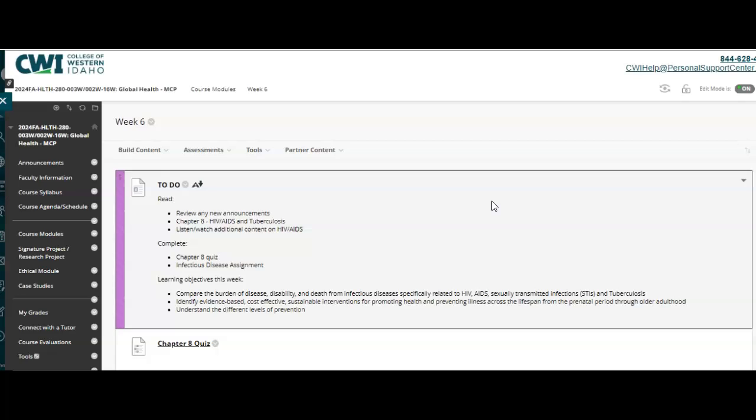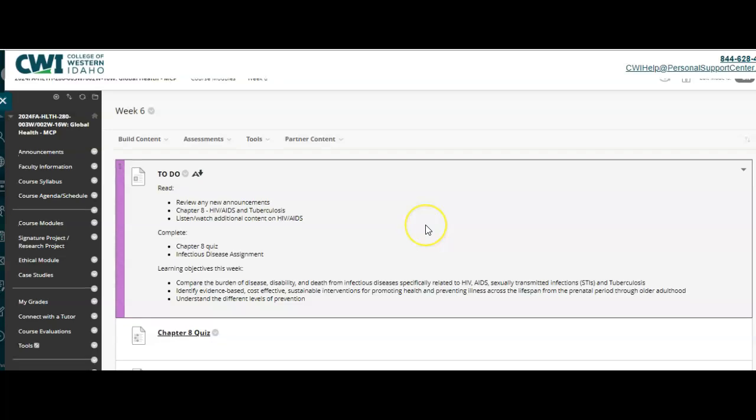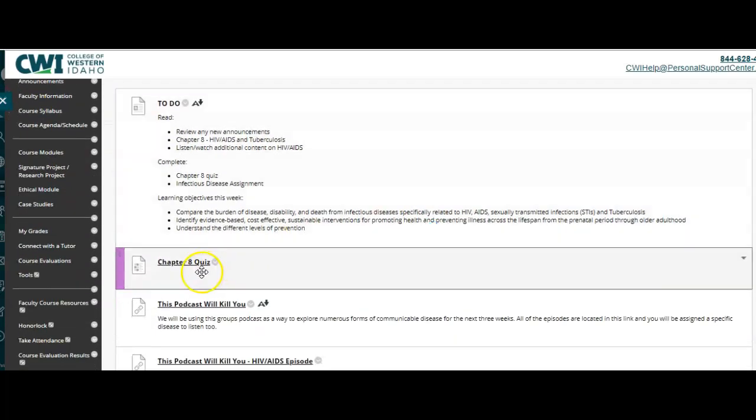This week we switch gears and start to focus on specific areas of global health and disease. We will spend time learning about HIV, AIDS, and tuberculosis this week. These are two of the big three infectious diseases in the world and cause the most deaths worldwide each year. You will explore more about infectious diseases, the epidemiology of HIV, AIDS, and tuberculosis, and how this impacts health on a global scale. In addition to reading Chapter 8 and completing the quiz there, you will also participate in research